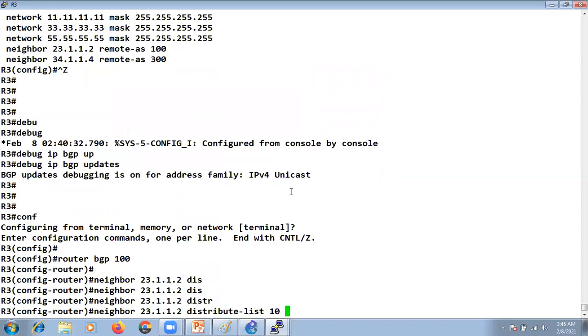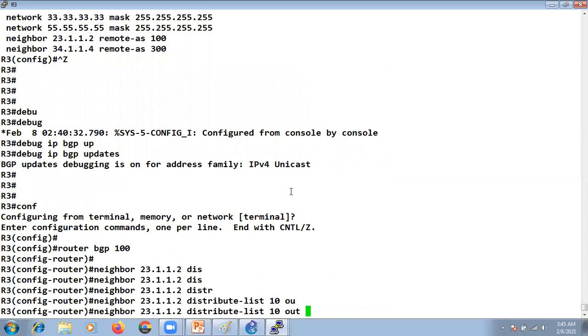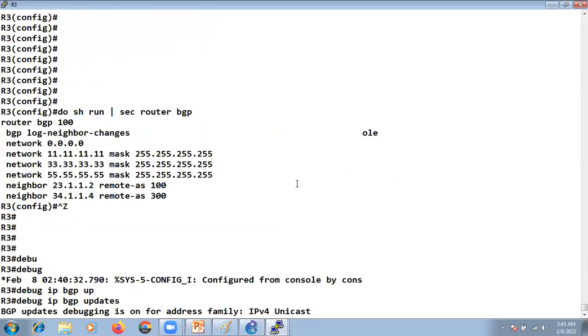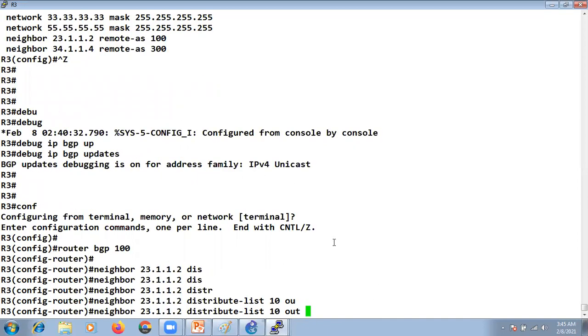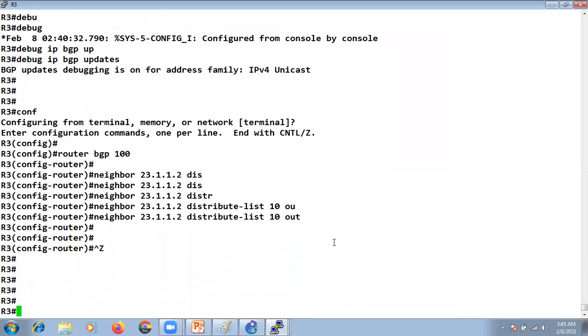It was 10, in the out direction, right? So while sending the update to my neighbor 2, first check this, right? Whatever is there, just match it. And what we are matching is we are saying in the ACL that we need to drop this default route, right? Now let's see.